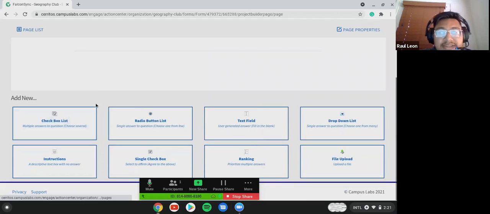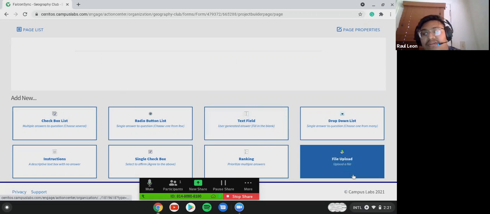You can add a list. Here are the different properties or things that you can add to the form. Let's go over them real quickly. One of the things that we wanted to do as a club was pick a t-shirt design and make it a type of competition.